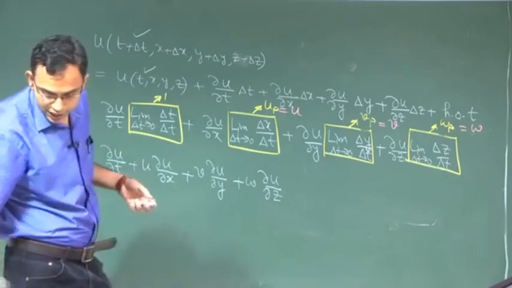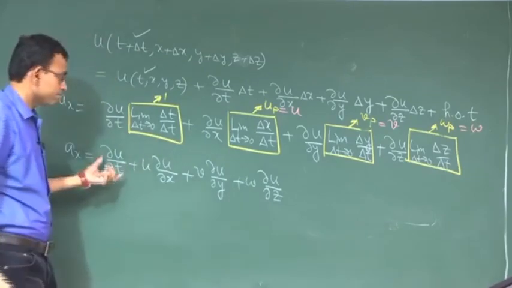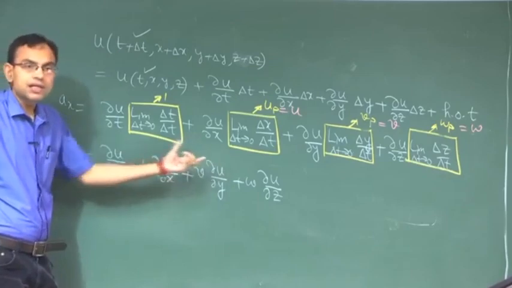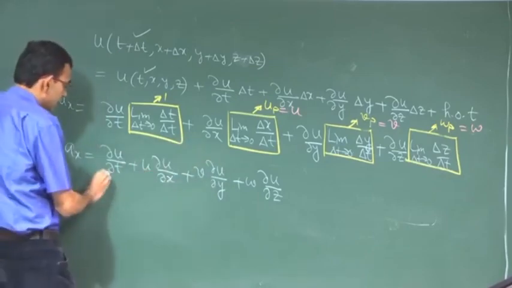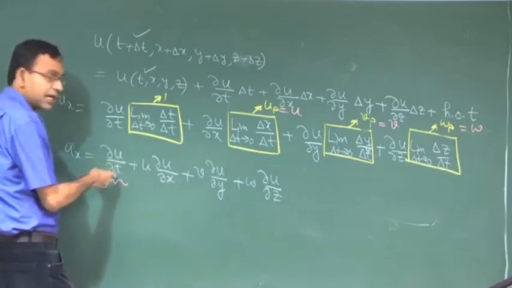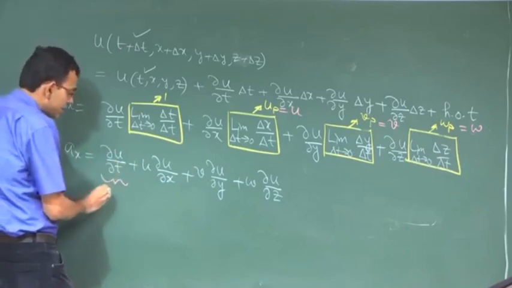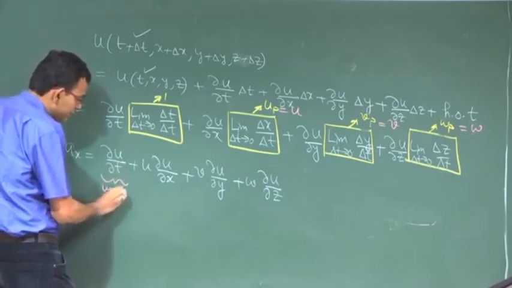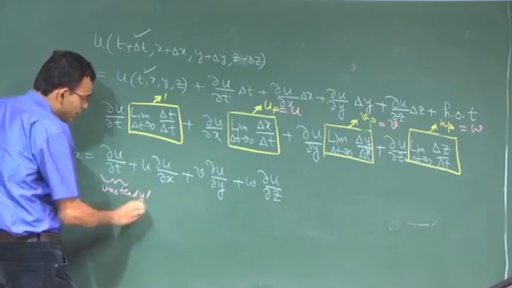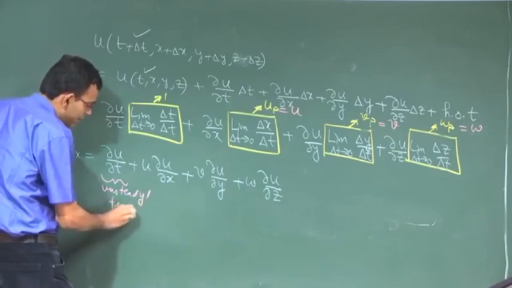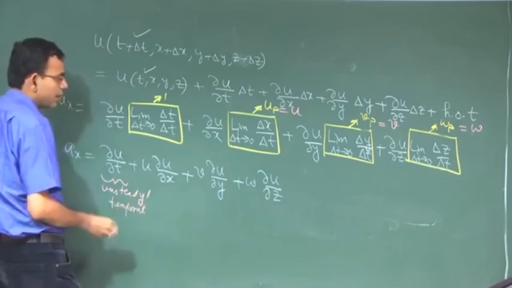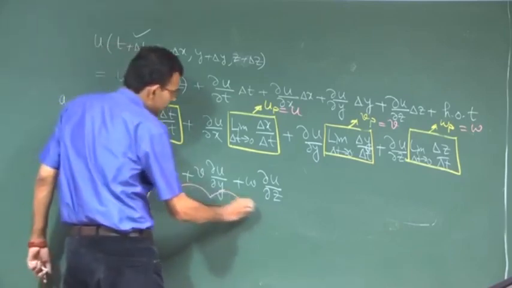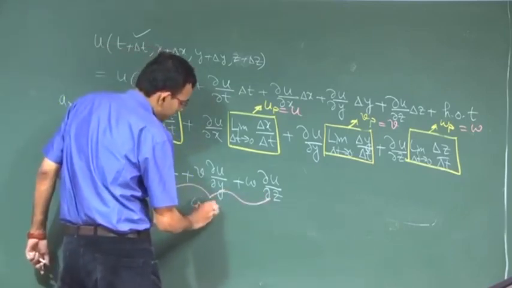So clearly there are two different types of expressions in this. This talks about steadiness or unsteadiness. So, this is called the unsteady or temporal component. Temporal means time dependent, and this is called the convective component.